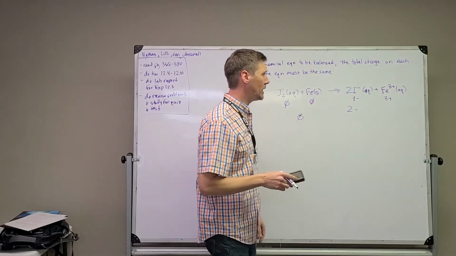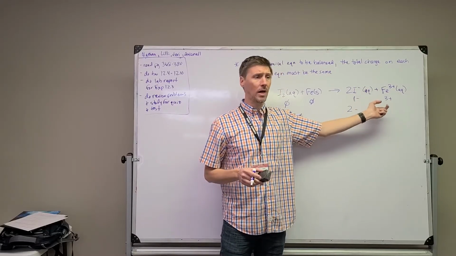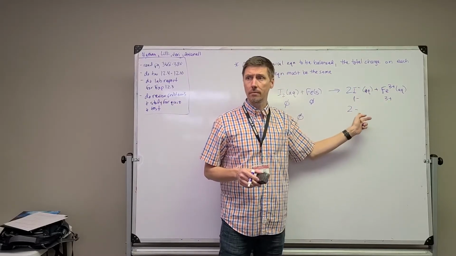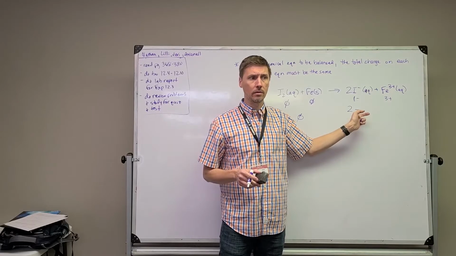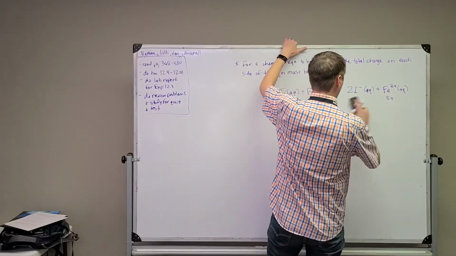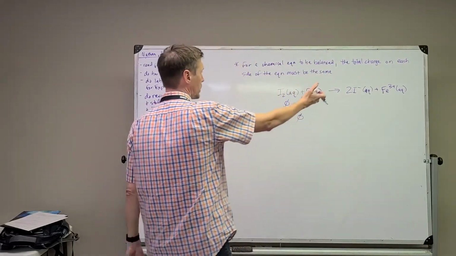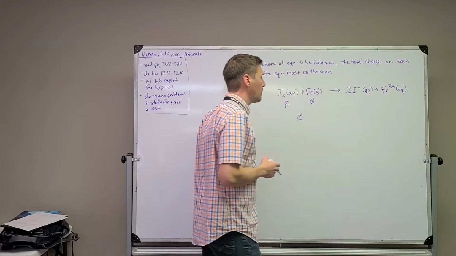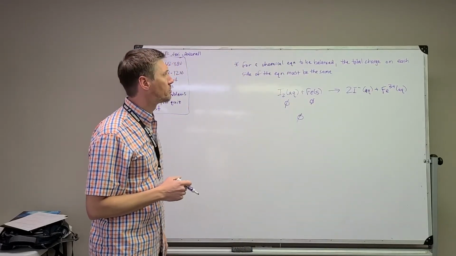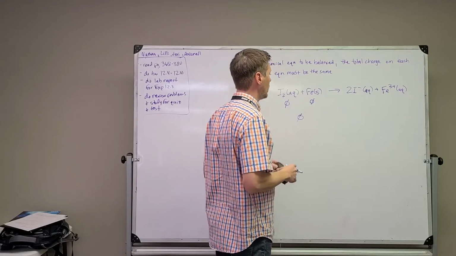And so basically what I need to happen here, since we're adding these two together and one's negative and one's positive, I need these numbers to be the same. You guys see that? Mm-hmm. So let's play around with that. Let's see what we can do there. So if this is going to be 3 plus no matter what, I can play around with the stoichiometric coefficients,